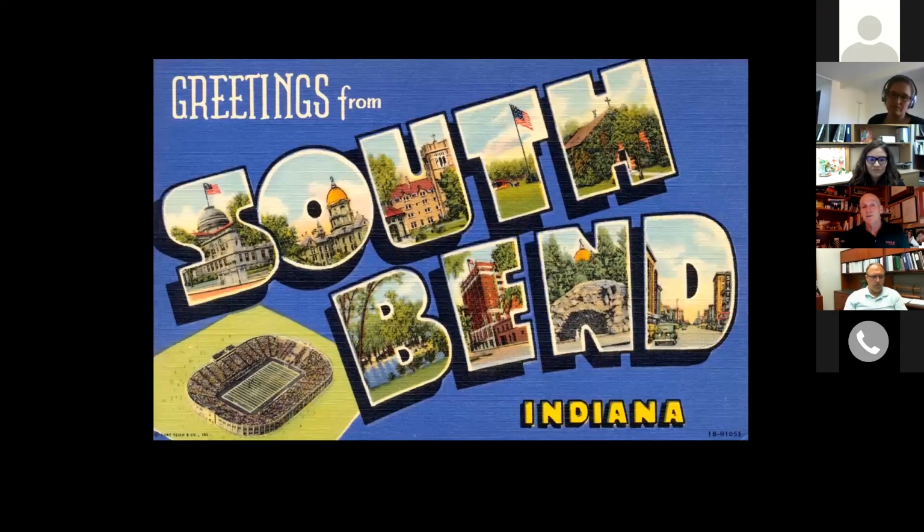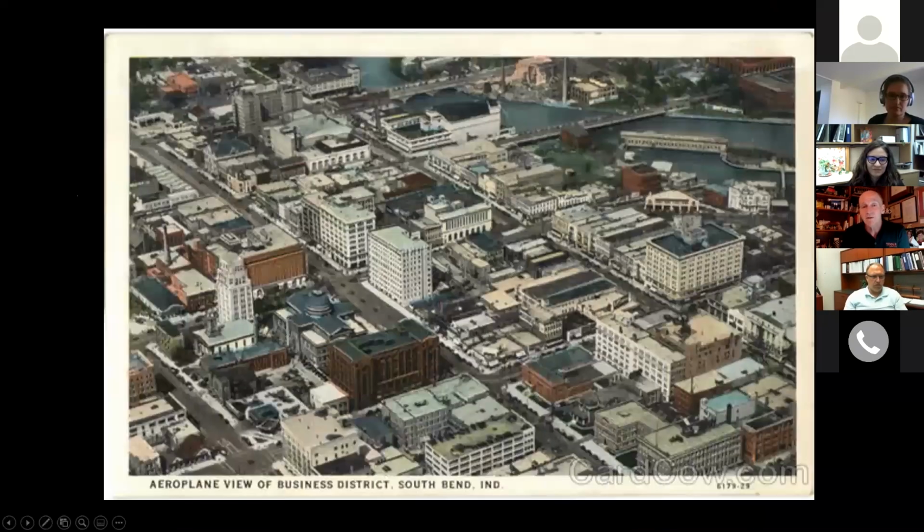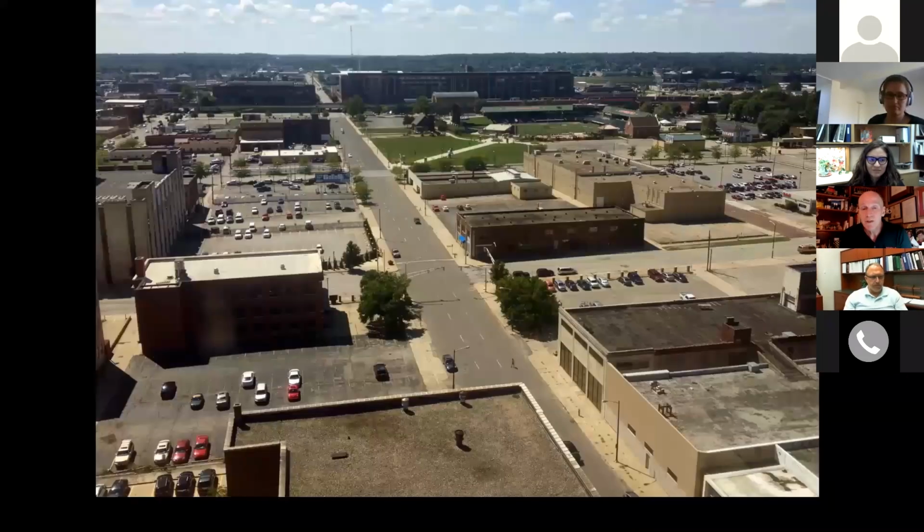And the last example I just want to show you is South Bend. South Bend was a very nice city after World War II. Great intact fabric, and then they sped up their roads. They made them one way. They did all the sort of modern ideas to keep cars moving fast with high levels of service. And they tore down about half their buildings to make room for surface parking lots. And so the car became the common denominator in the city as opposed to the pedestrian.